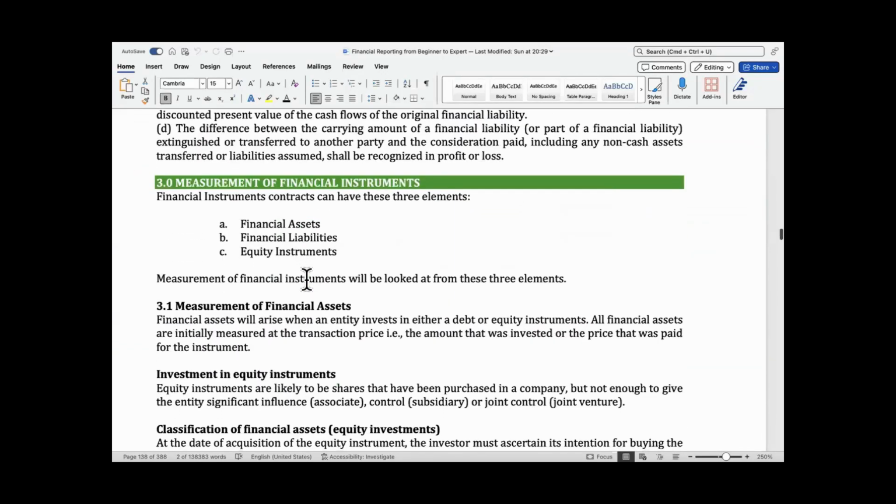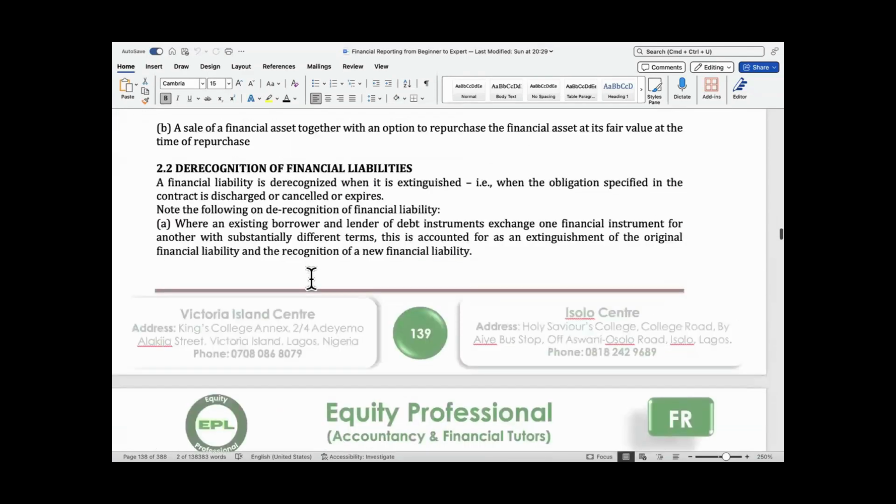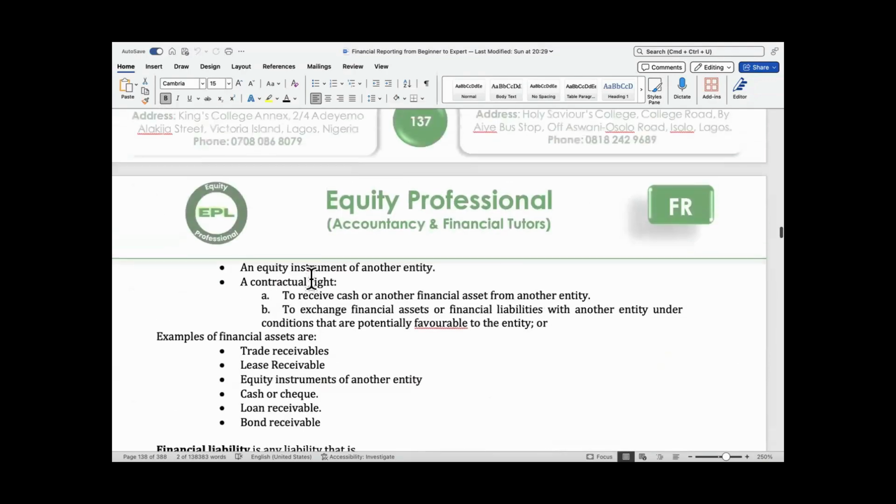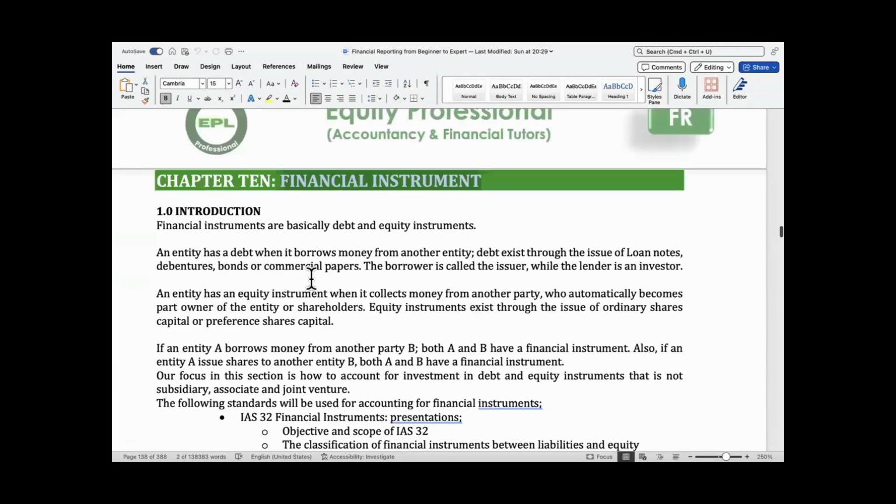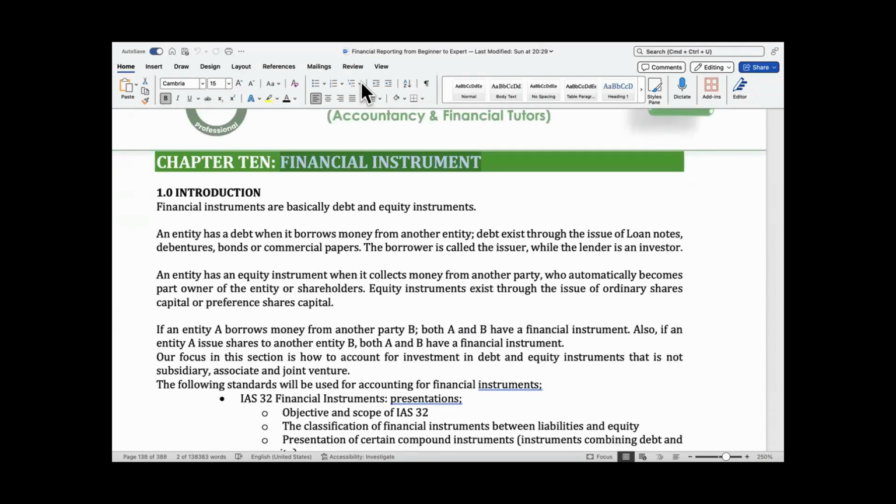To finish up with financial instruments. We started last week, and today the plan is for us to round it up. And from our last week class, I introduced financial instrument to you,